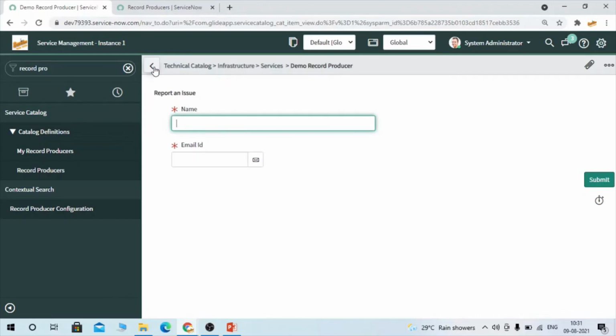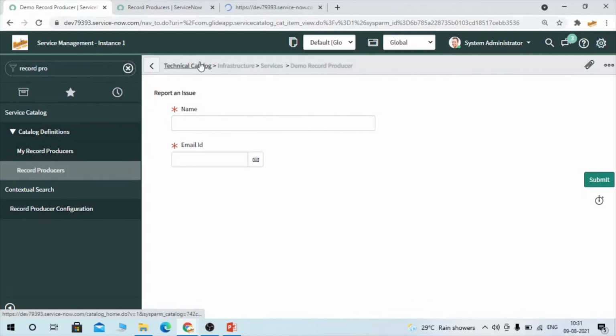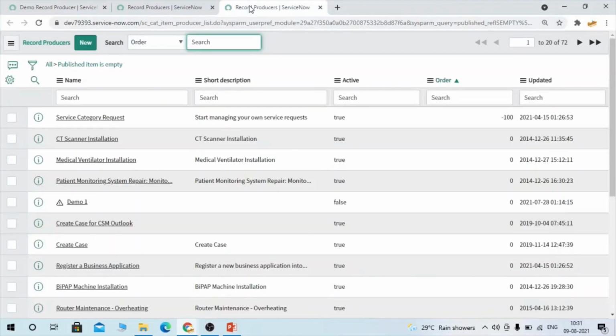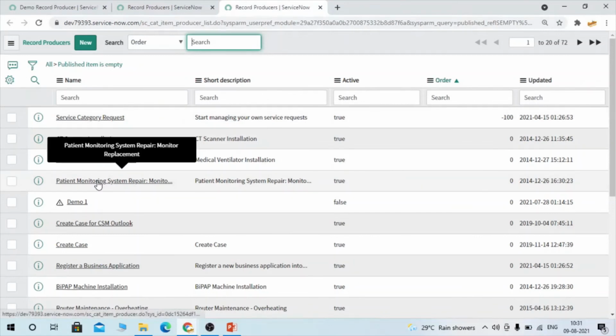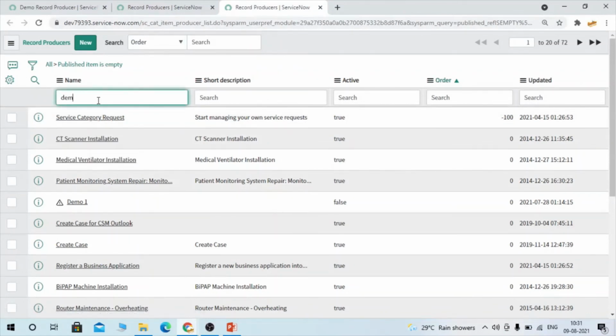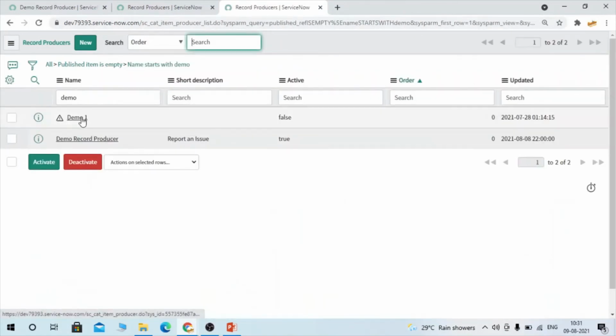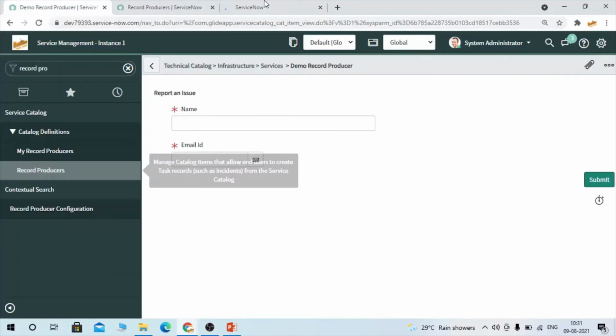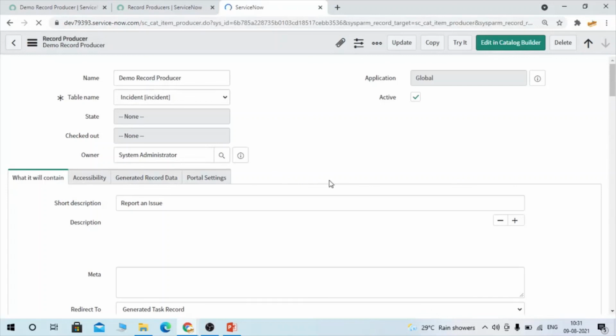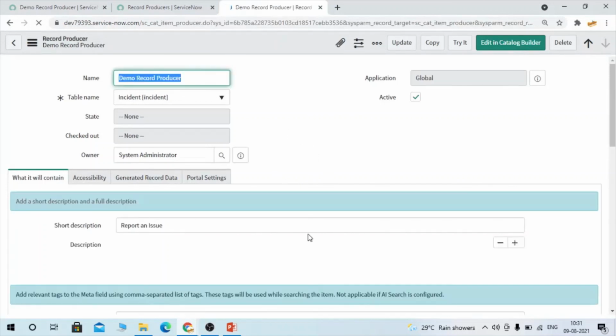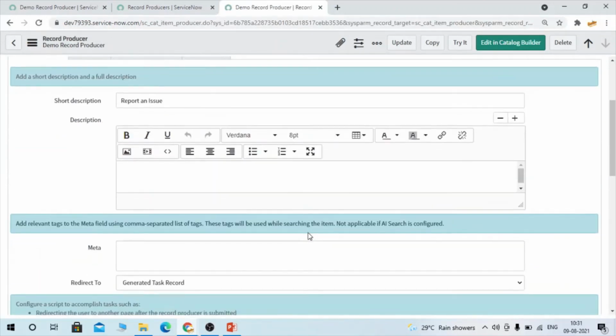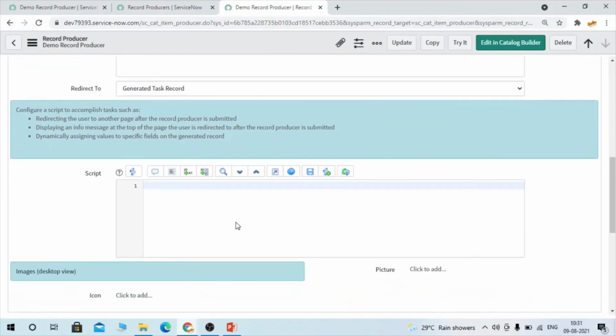If you want to populate fields or do something similar, you can use the scripting section. Maybe we'll discuss the scripting part later. Here you can write a script.